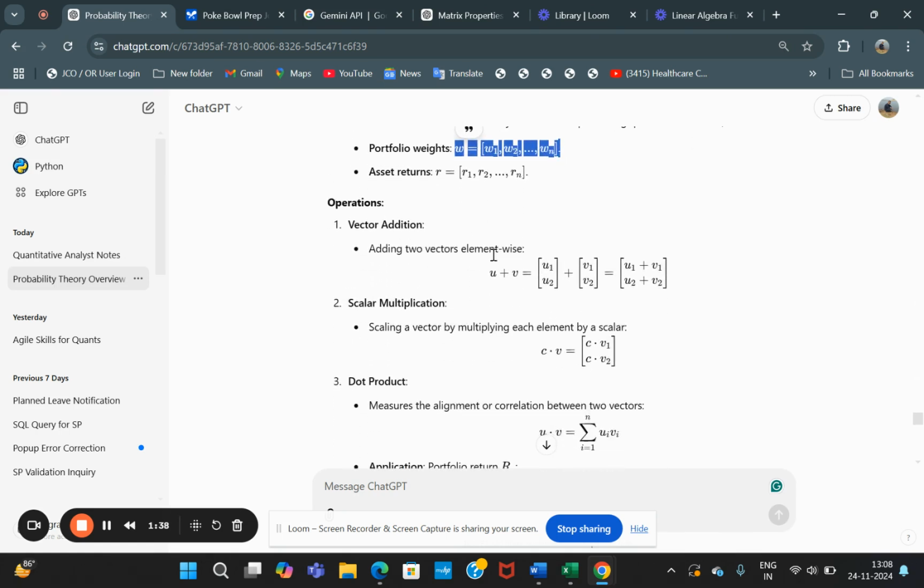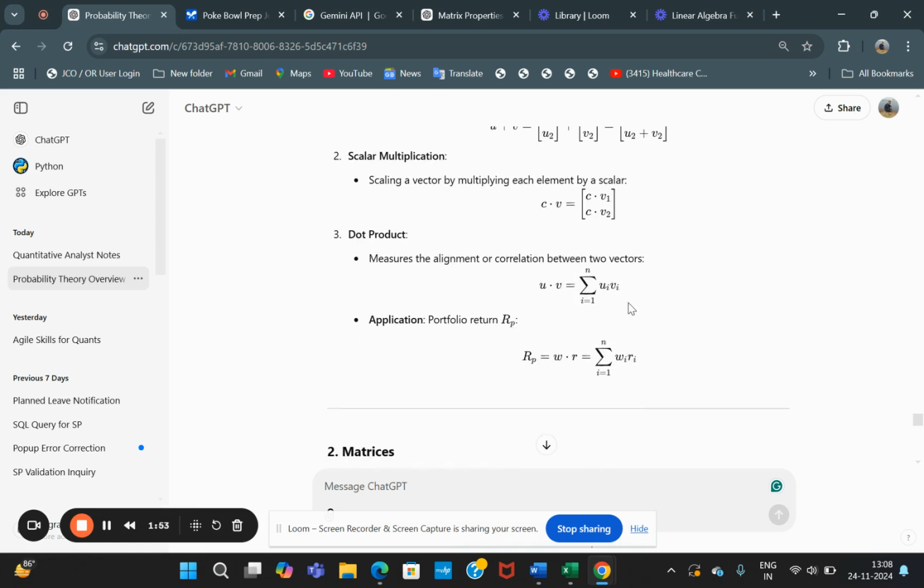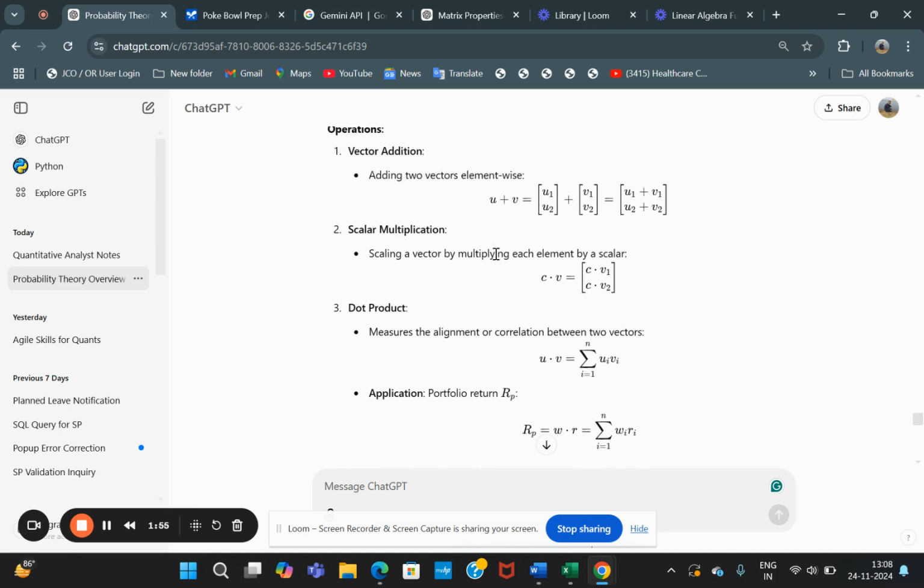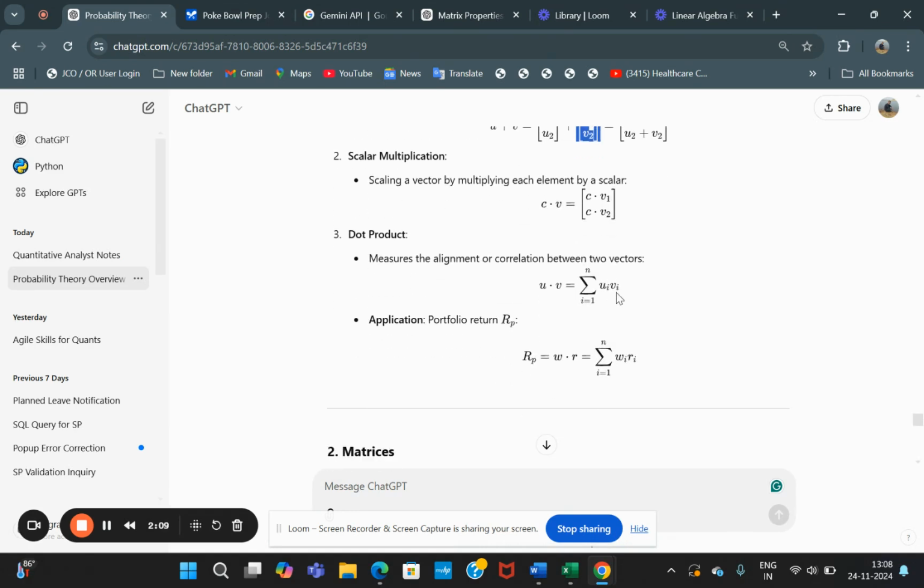For vector addition, if we want to add two vectors, you can see here, we add each first term and then add each second term. It is just the addition of each term. Then scalar multiplication: c is a constant and v is a vector, so the product is c times the first term of v and c times the second term of v. And the dot product of vectors is the summation of